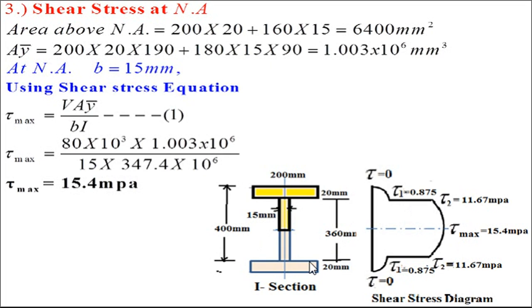So in this way, you must solve a few numericals on this particular topic by taking different cross sections. Everywhere the procedure of solving these problems is similar. You have to use this shear stress equation and observe the terms in it. Accurately calculate all these values. Here important are B and AY bar, because V and I are the same in all the cases. So go through a few other problems and try to solve the numericals. Thank you very much.